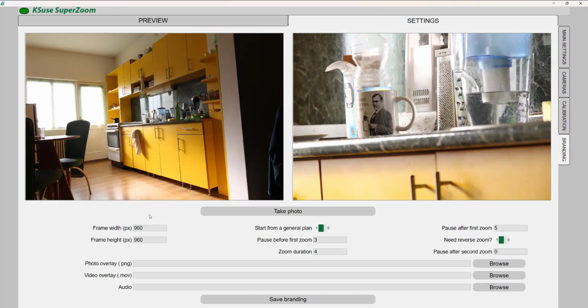Moving on to branding. In branding, we set the area of what will be in the first frame. And what we will have after zoom in the second picture. It is not recommended to make a red frame close to the borders.